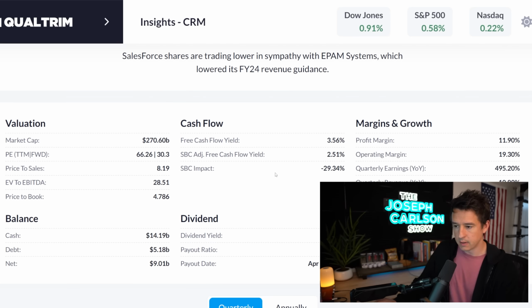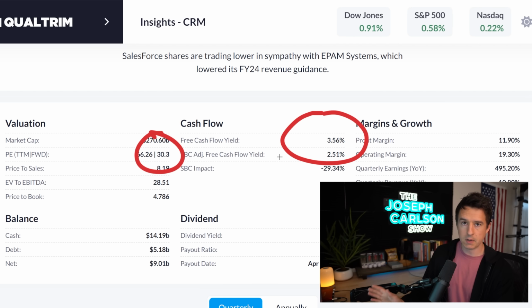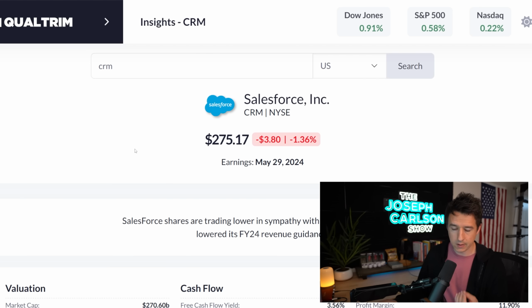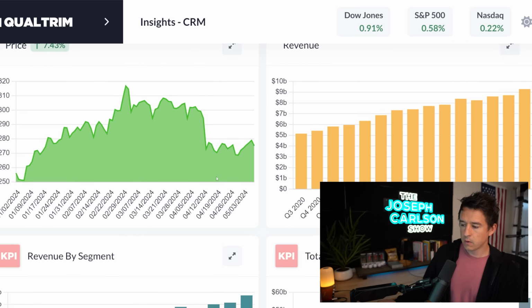Most investors that I see, they just look at a few metrics. They go, oh, the P/E ratio, oh, the free cash flow yield, I'm done. I don't even want to look at it. That doesn't give you enough context to make an informed decision on whether or not the expected return is high or low. So basically, I want to find a company that has the attributes that Salesforce does and the kind of situation it does, but I want to find it as cheap as possible. I want to find it in a big dip. I want to find it that it's sold off for some reason.